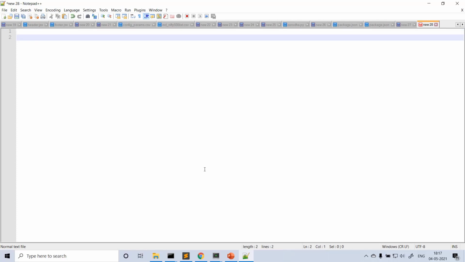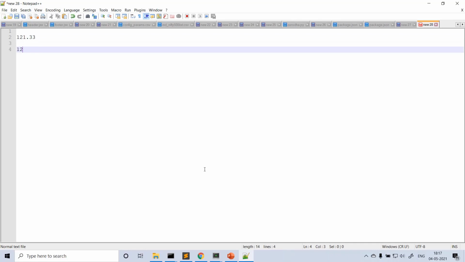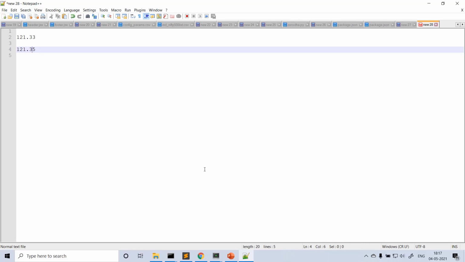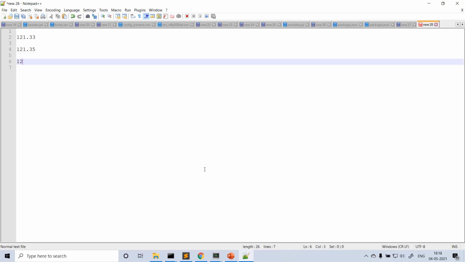Let's say 121.33. This is not a valid NSE price, right? 121.35 is a valid NSE price. So when you do some calculations within your program, like calculating a trigger price or a stop loss price based on some mathematics, the stop loss can come out like this, 121.33.